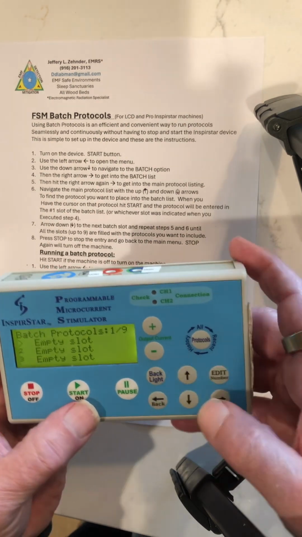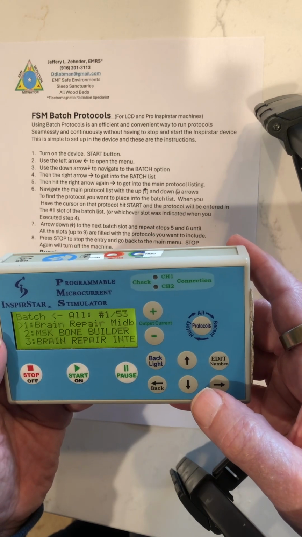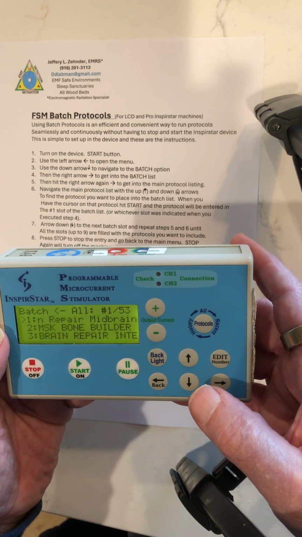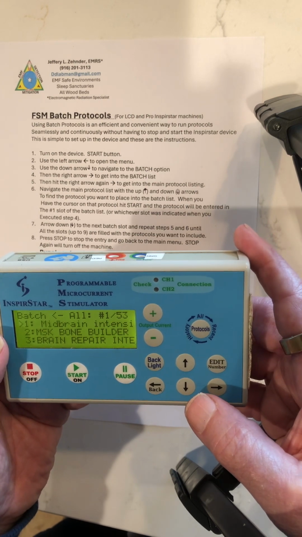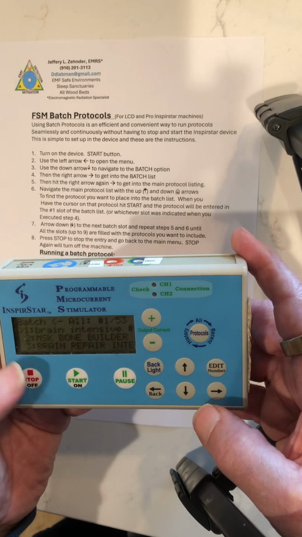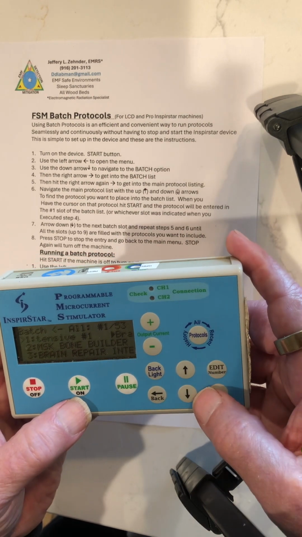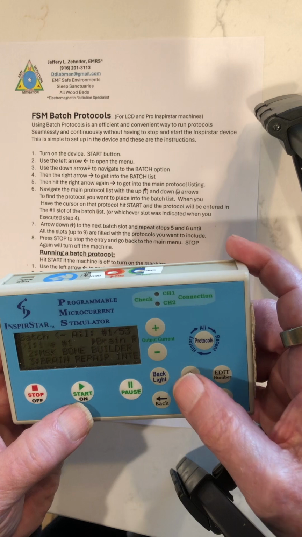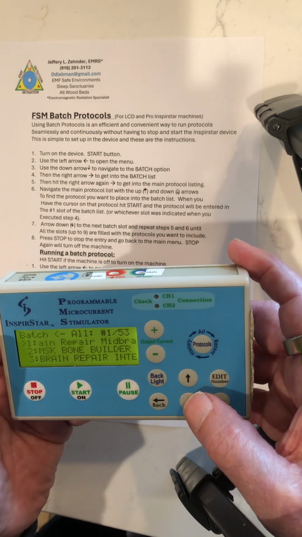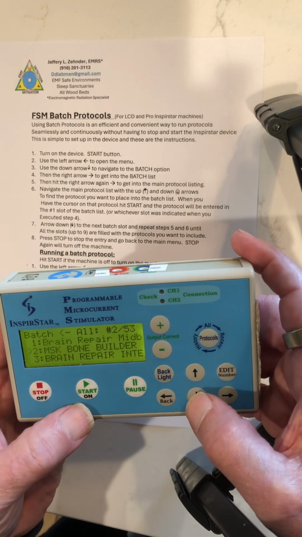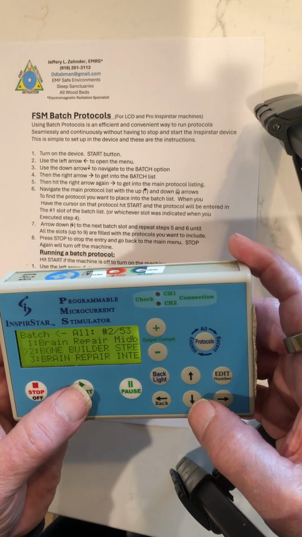But to get protocols in there, you're going to hit the right arrow. Hit the right arrow, and then it comes up with all the protocols that are in your machine, the entire list, in the order that they're in. So you're going to want to go down or up, depending, in this case we're going down to the protocol that we want. You can choose the first one, or you can arrow down to whichever protocol you want, and I'm going to choose the number 2,